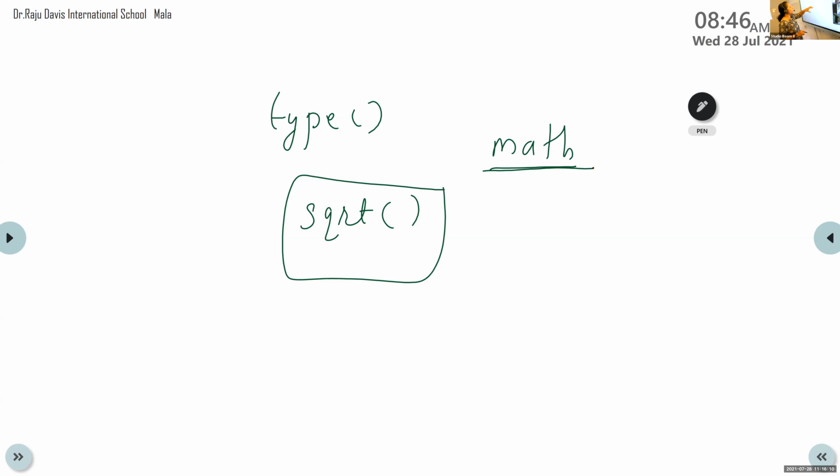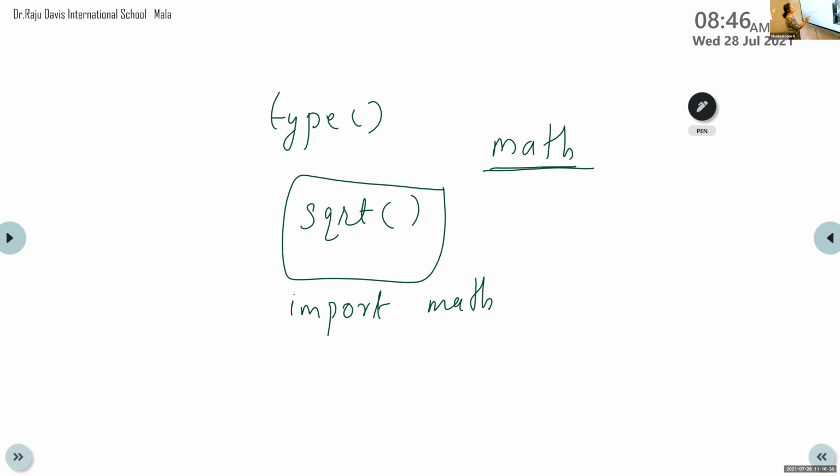If we want to use a built-in function under this math module, first we need to import the math module from the Python library. Then only can we use this sqrt statement. So the first statement before using sqrt is import math. We import this math module from the Python library.